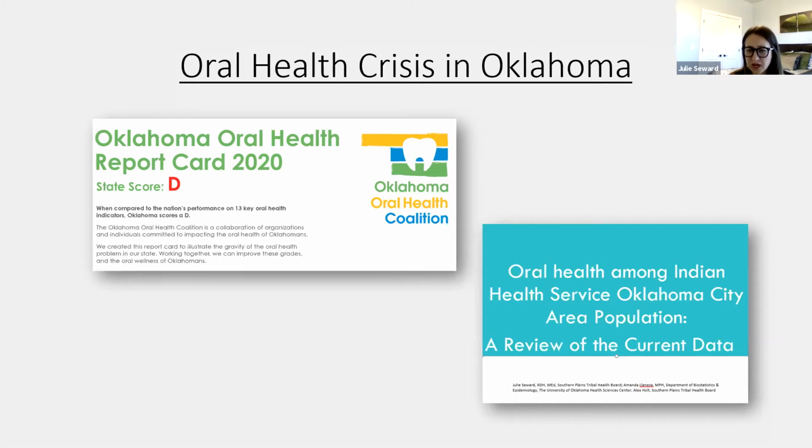And then, like I mentioned on the previous slide, according to a report that we will be releasing soon, hopefully in the next month, by the Native Oral Health Network, American Indian Alaska Natives in the Oklahoma City area, which entails Oklahoma, Kansas, and Texas, are on average 2 to 3 times more likely to suffer from oral diseases compared to their white counterparts. IHS, tribal and urban Indian health facilities within the state have varying capacities to be able to address oral health needs in Native communities, and in most cases, unfortunately, have less resources to treat more disease.